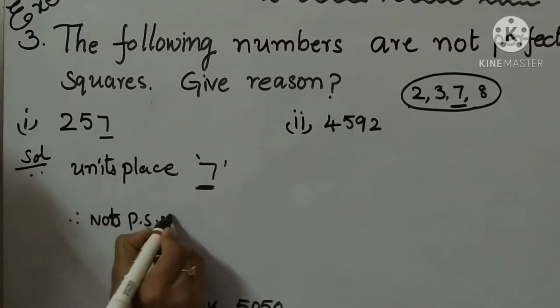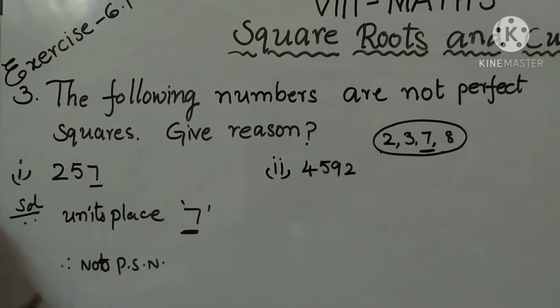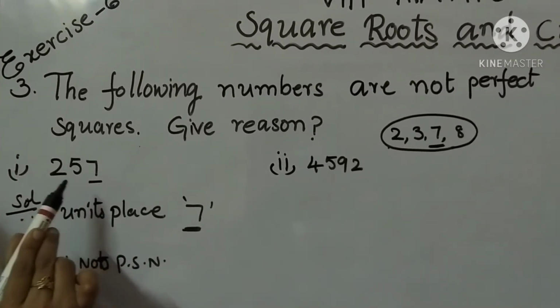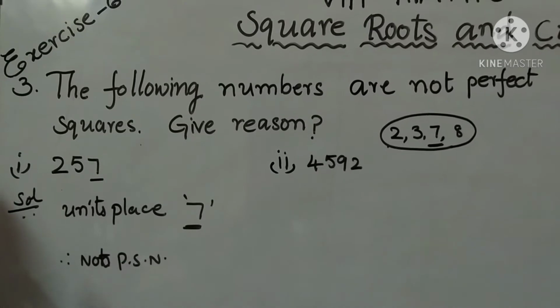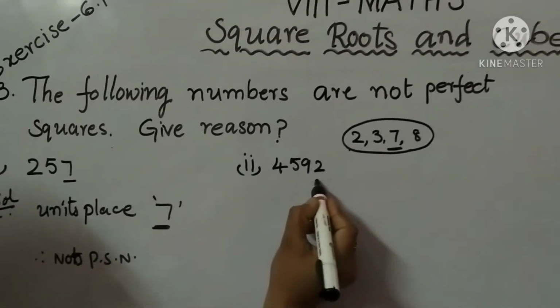a perfect square number. Here it is asking for the reason. The reason is that in this number the units place is 7, and so it is not a perfect square. Okay. So here in the second problem